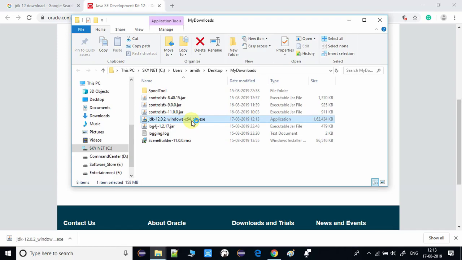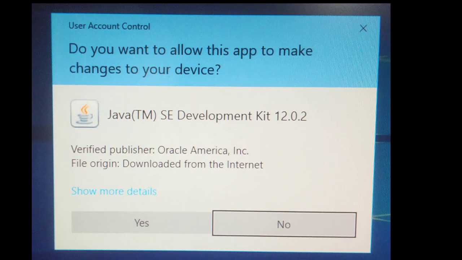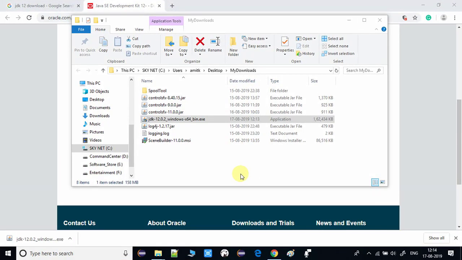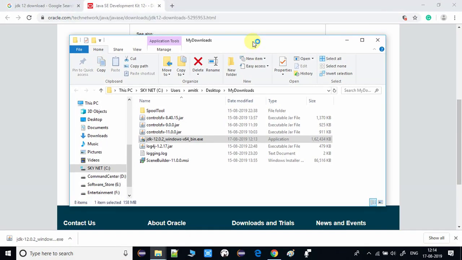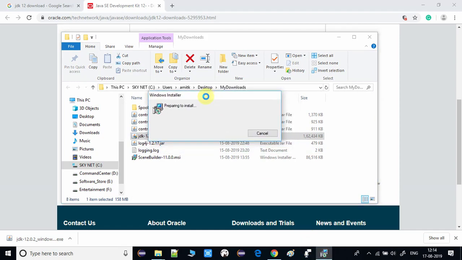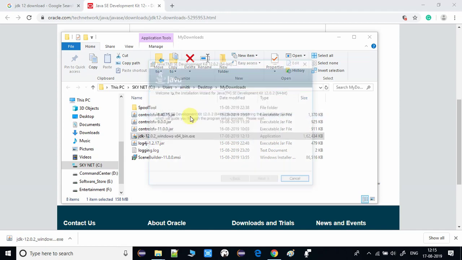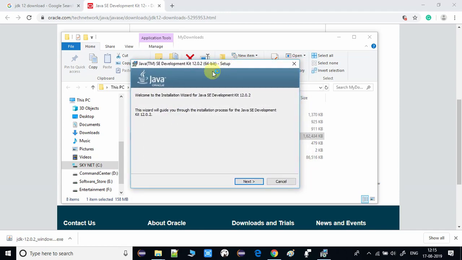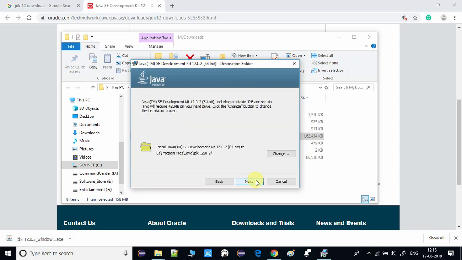and you will see this message from Windows. Here you have to click on the Yes button, and you will see the installer window, and the installer icon is blinking in the taskbar. Click once and you will see the Windows installer, this small window, and you will see the message preparing to install, and here's the welcome window for the installation. Okay, simply we have to click on the Next button,